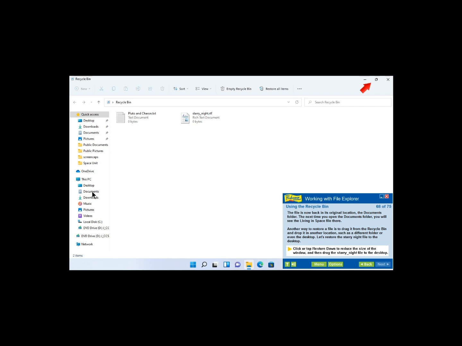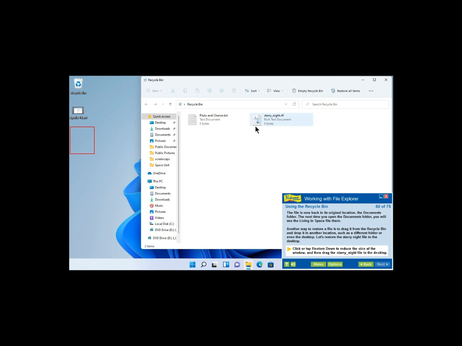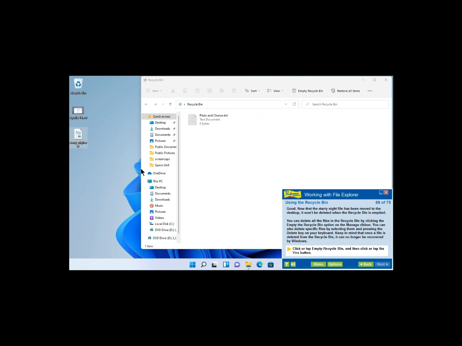Another way to restore a file is to drag it from the recycle bin and drop it in another location, such as a different folder or even the desktop. Let's restore the Starry Night file to the desktop. Good. Now that the Starry Night file has been moved to the desktop, it won't be deleted when the recycle